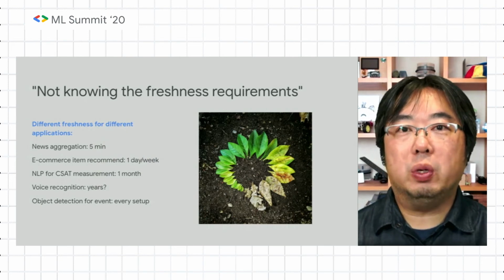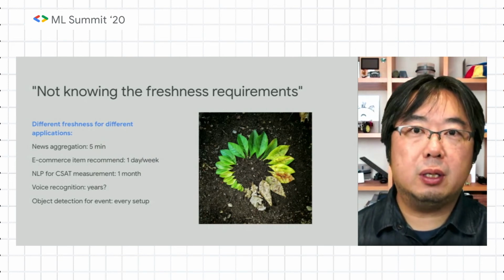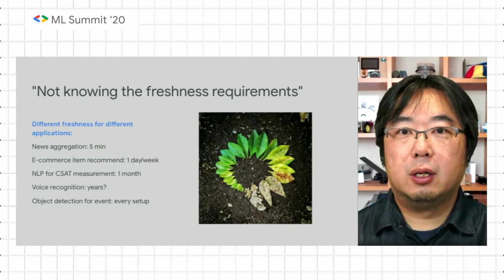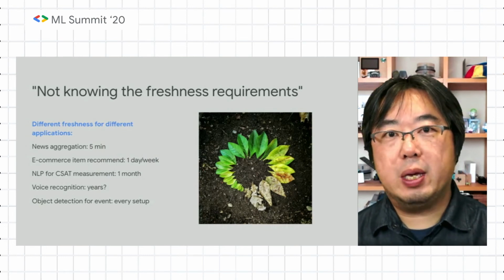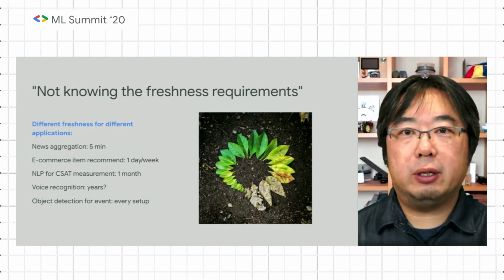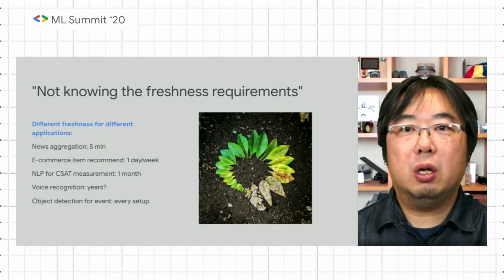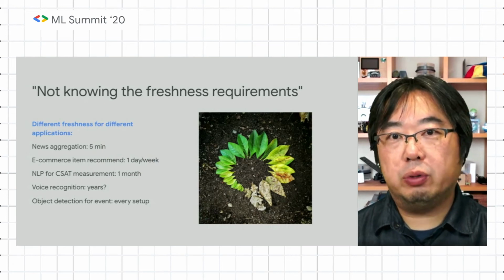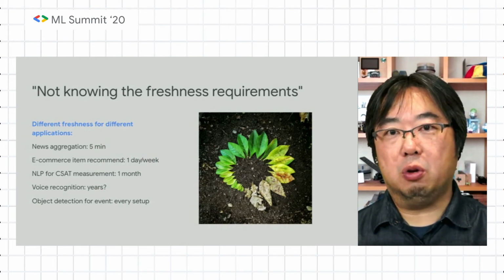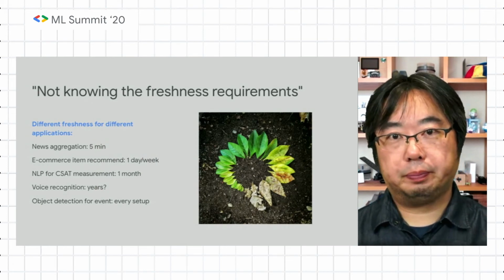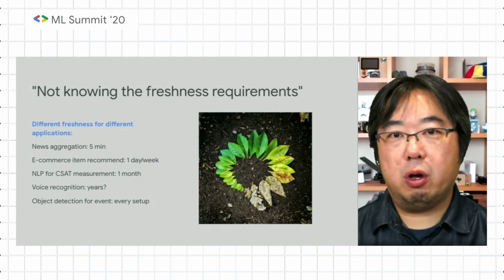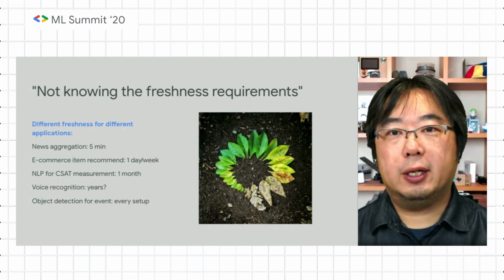Another anti-pattern we would see in the production machine learning system is not knowing the freshness requirements. And the freshness requirements would be different based on the business requirement. For example, a news aggregation site or service would require retraining the whole model every 5 minutes. Or maybe an e-commerce recommendation system only needs to retrain the model every day or every week. Whereas the other